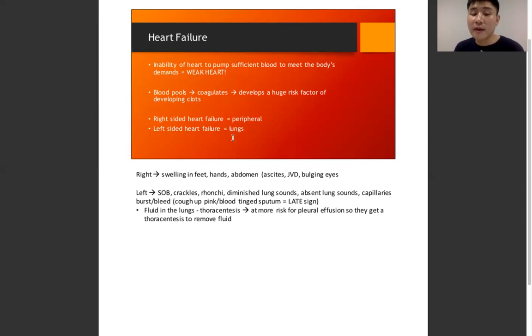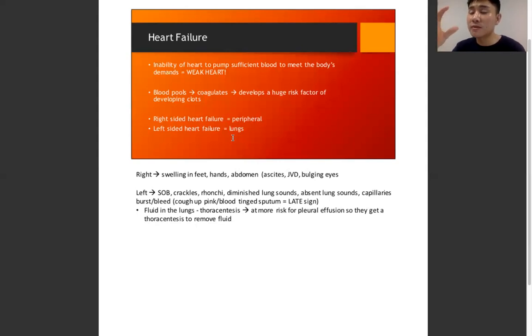So one of the treatments is thoracentesis. This is when they literally put a big needle in and remove the fluid out of the lungs for the patient. And because they put a needle in, this patient is at risk for pleural effusion, meaning